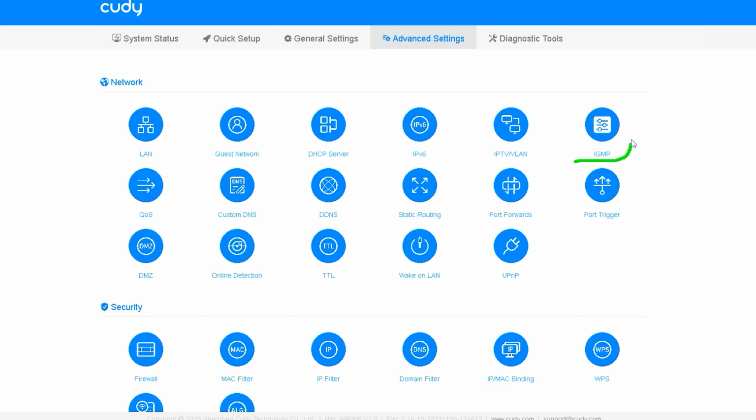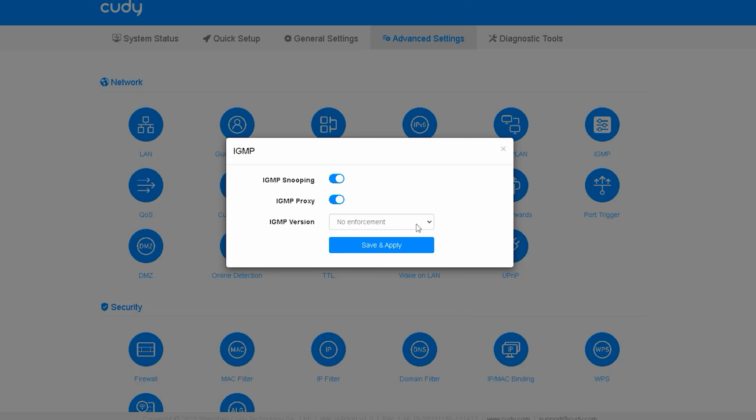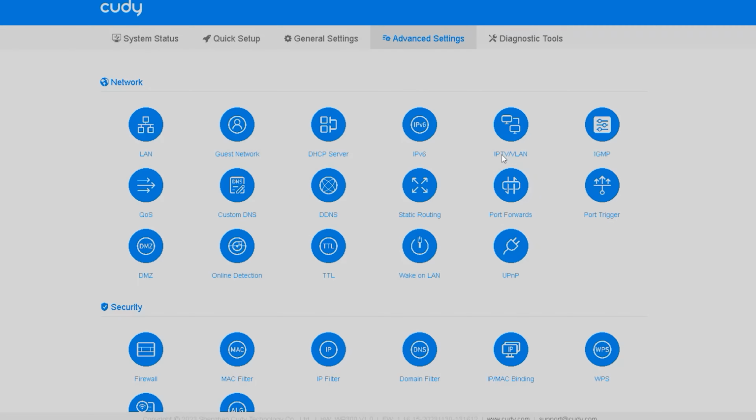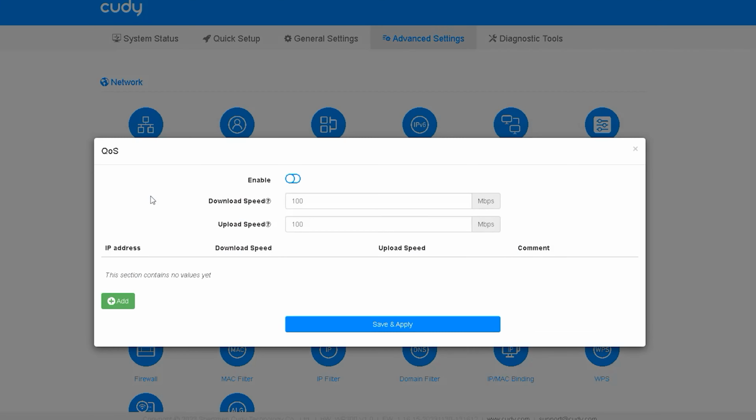The Internet Group Management Protocol, IGMP, is a protocol that allows several devices to share one IP address so they can all receive the same data. IGMP is a network layer protocol used to set up multicasting on networks that use the Internet Protocol version 4, IPv4. Quality of Service, QoS, is a set of technologies that work on a network to guarantee its ability to